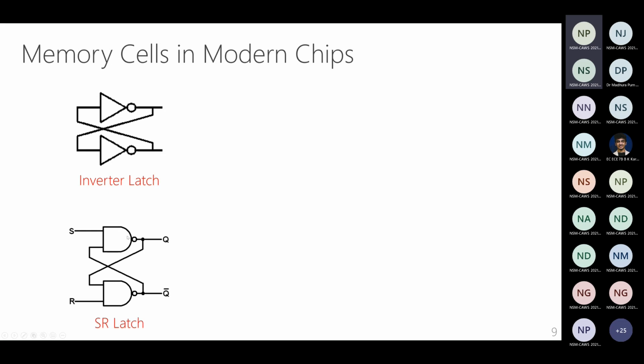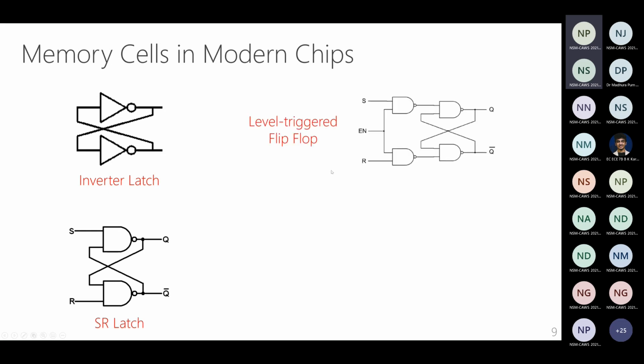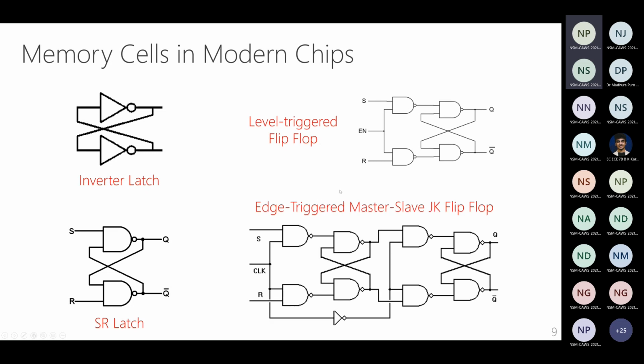And there are many other memory devices. There is something called an SR latch. There is a level triggered flip flop, and there are edge triggered flip flops. And as you can see, the reason these things are getting more and more complicated is for speed reasons. In an inverter latch, to change the state of the inverter from a 0 to 1, I need to force feed this input with a different value, and for the inverter to change its state, it's going to take some time. And as we increase the complexity of the circuit, with this edge-triggered master-slave JK flip-flop,